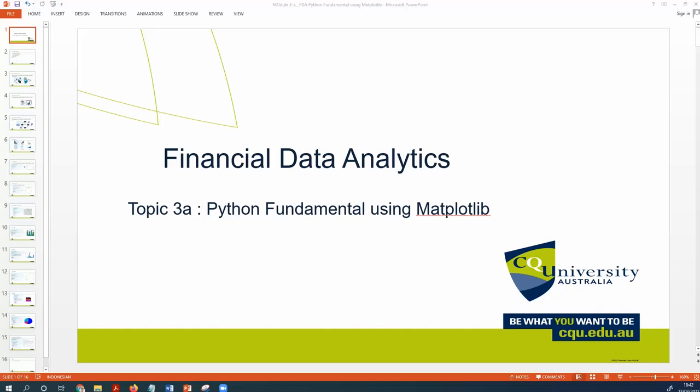Supposedly for tonight's class we go into linear regression, but since I put Seaborn after Matplotlib, I think the linear regression will be moved to next week together with the logistic regression. So both of the topics will be covered next week, yeah? Because the topic for tonight, Matplotlib and Seaborn, is quite critical. Okay,